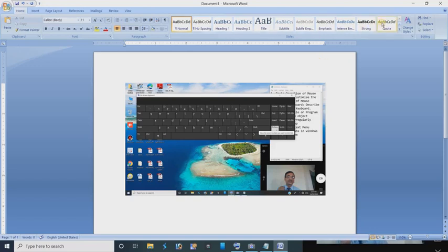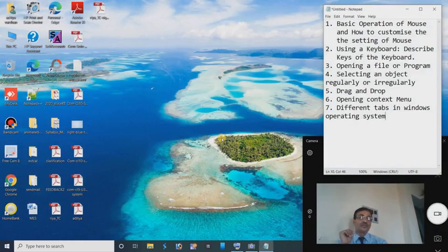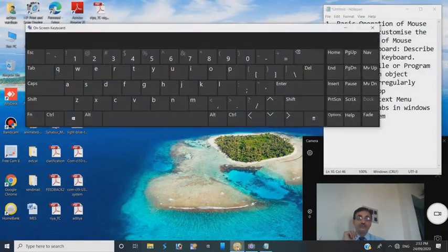So this is the work of Print Screen. Now I am going to close it without saving. We can use this method in our day-to-day life for working on the computer.